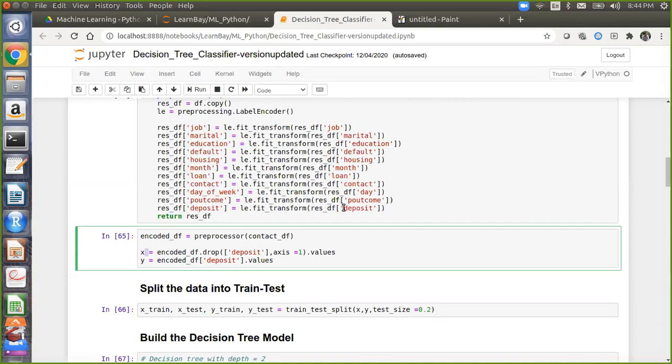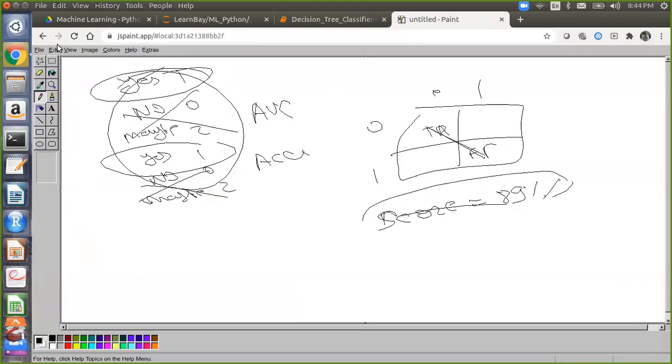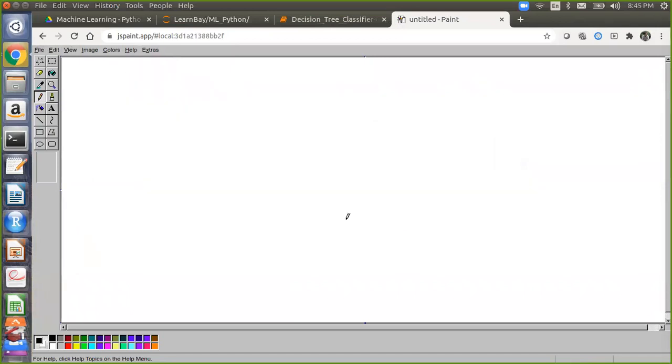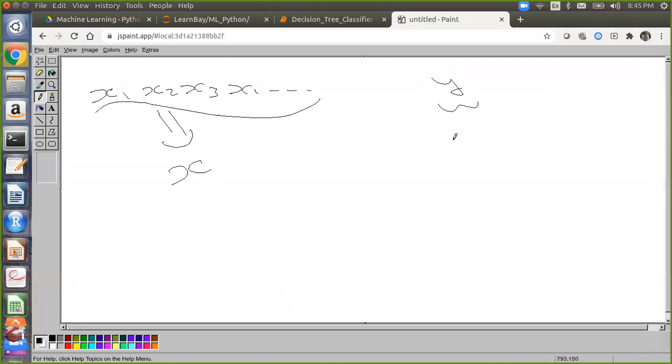Yes, guys. So in x and y, what we are doing is segregating the features and the target variable. You are segregating the data from your data frame into x1, x2, x3, x4 and so on, and the y variable. All of these columns are x, and this is simply y. So this is the target, and these are your independent features. They are also called features, dimensions or columns; a lot of names are there.